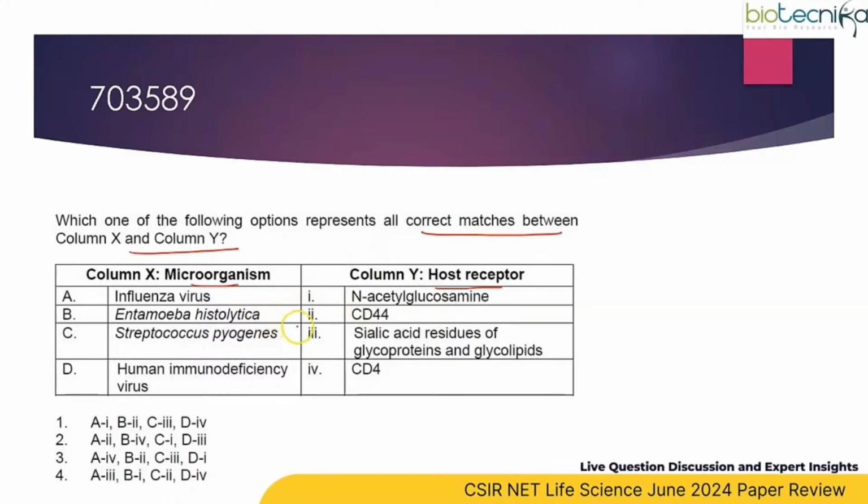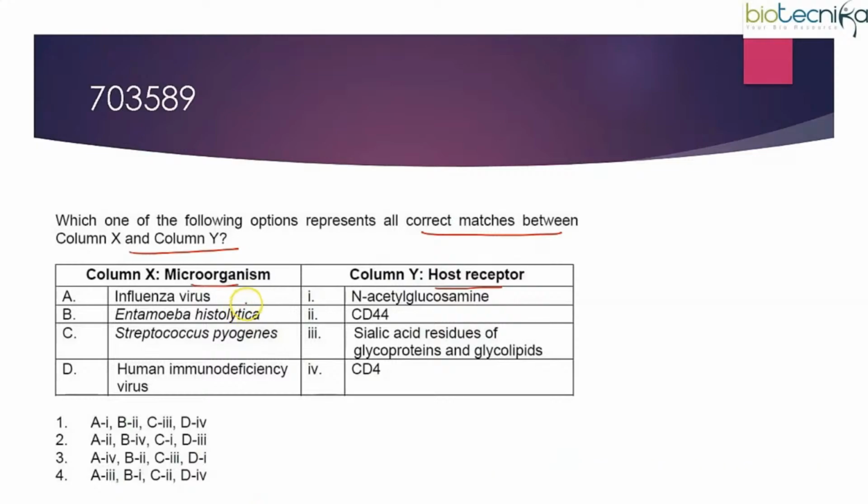Okay, so let us see. So influenza virus, to what does it go and bind in the host cells? Actually, influenza virus goes and binds to the sialic acid residues of glycoproteins and glycolipids. Okay, so A matches with 3. So if we know A matches with 3, the right answer should be option 4. Now let us see the other